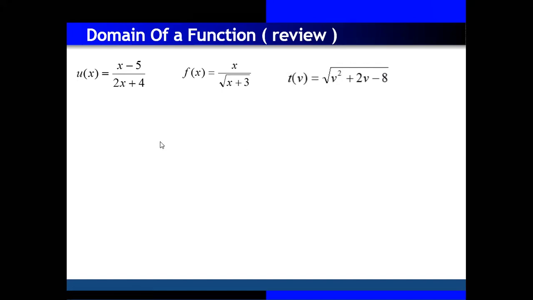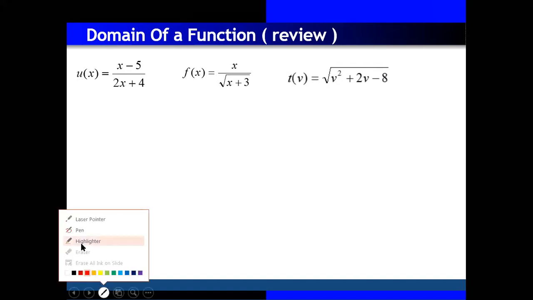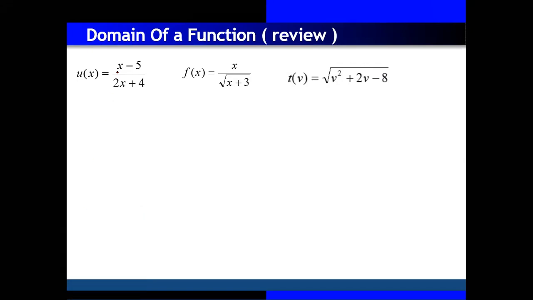Okay, thank you. So, who will tell me how we can find the domain of the function for the first one? First question, f of x equals x minus 5 divided by 2x plus 4. This type of function is called a rational function because in the numerator and also in the denominator we have the variable x. So when we have a rational function, first we need to factorize and simplify if possible. If not possible, then the denominator is not equal to 0.